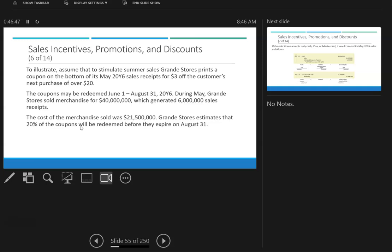If Grand sold $40 million of merchandise and generated $6 million in sales receipts, the cost of the merchandise sold would then be $21,500,000. Grand estimates 20% of the coupons will be redeemed before they expire on August 31st. Kohl's does that a lot. You know, if you purchase something, they'll give you X amount off if you then purchase within the next